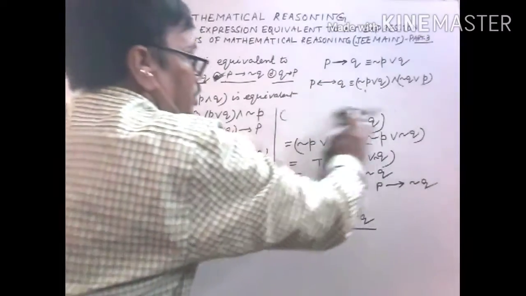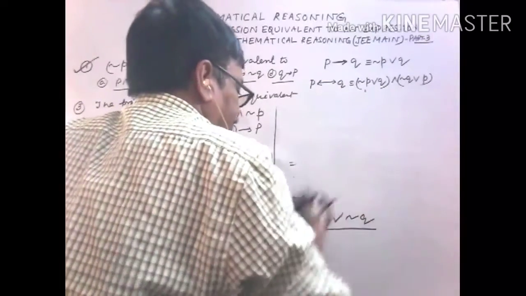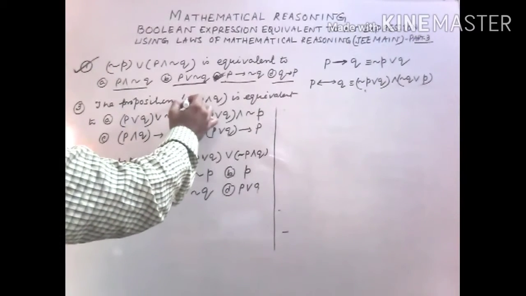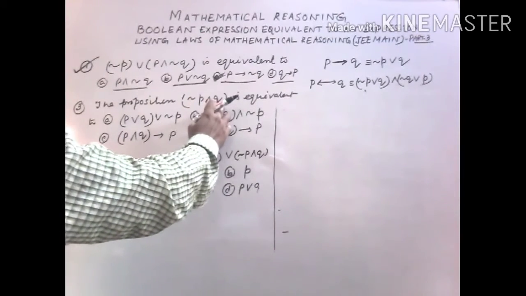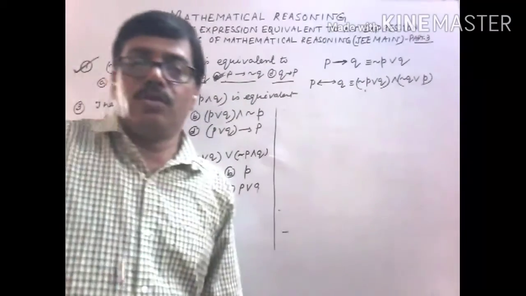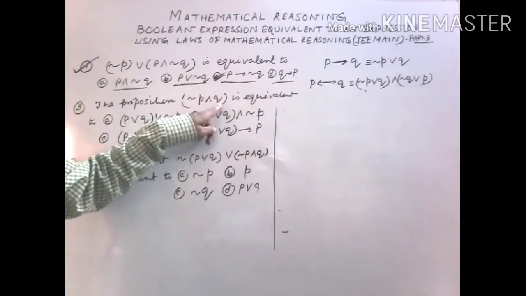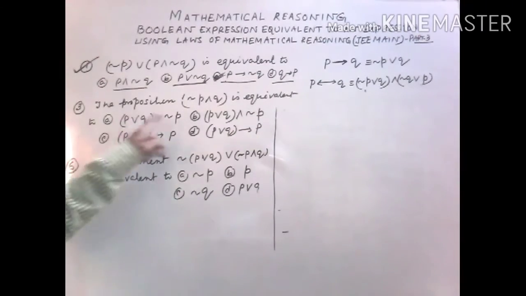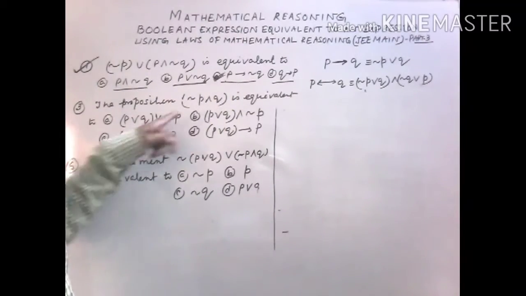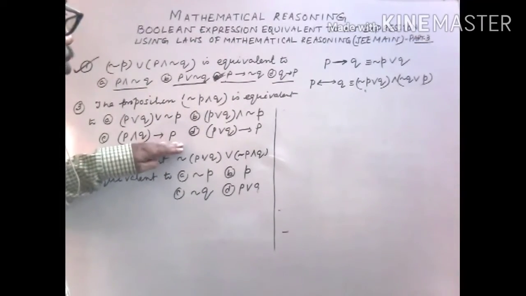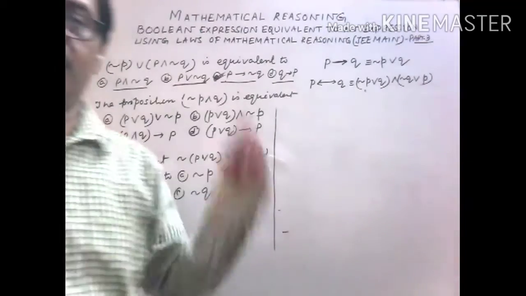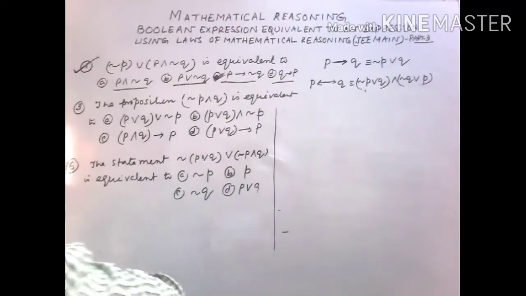Now problem number 3. The proposition negation of (P intersection Q) is equivalent to. Now look, this expression is smaller with respect to the four alternatives. So we have to simplify one by one and see whether it is equal to this or not. So we start